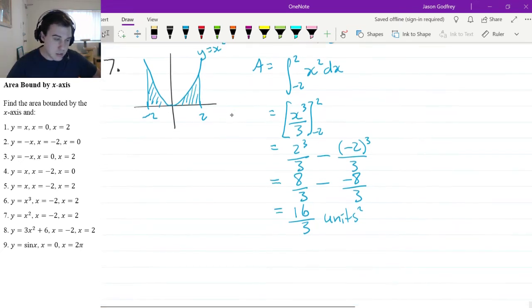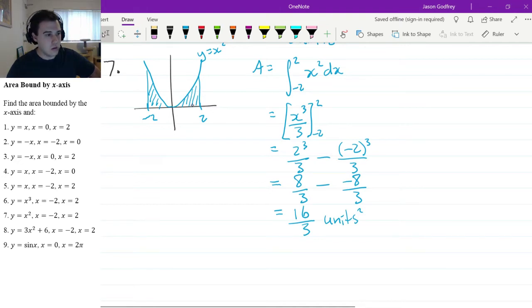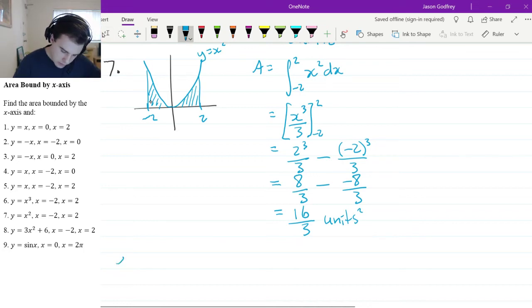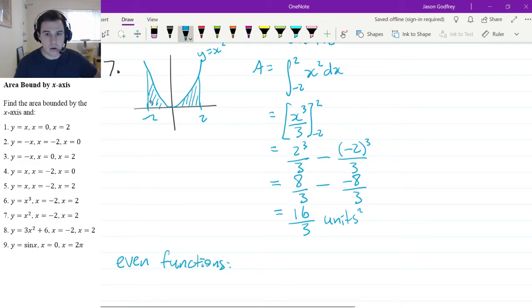However, because it is still symmetrical, obviously this piece under here, 0 to 2, is going to be the same as this piece from -2 to 0. So if you want to, you can get into a habit for even functions as well. The same rule will apply. The only difference is you don't have to use it for even functions, but for odd functions, if you don't use it properly or don't break up the pieces and take the absolute values properly, then you will get an area